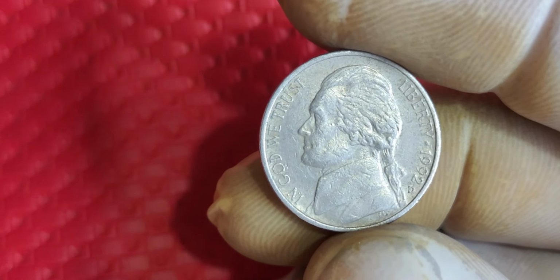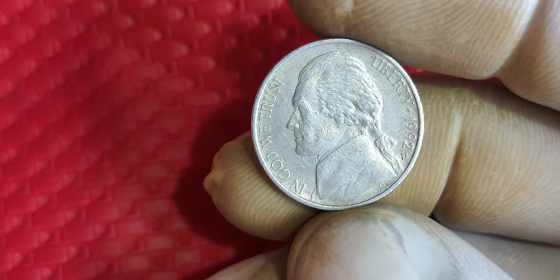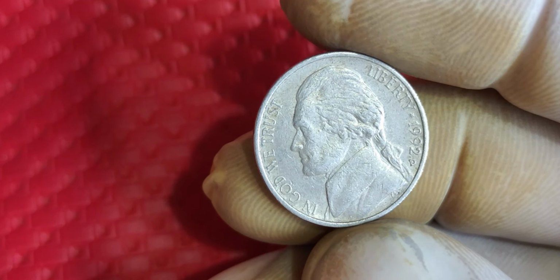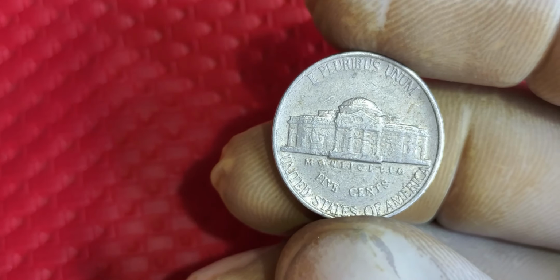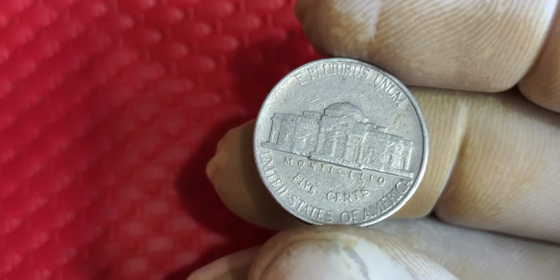Thanks for joining us on this treasure hunt into the world of the 1992 D Jefferson nickel. These coins are a reminder that sometimes, the most valuable treasures are hiding in plain sight. Whether you're a seasoned collector or just getting started, always keep an eye out for rare coins like this. You never know when you might find the